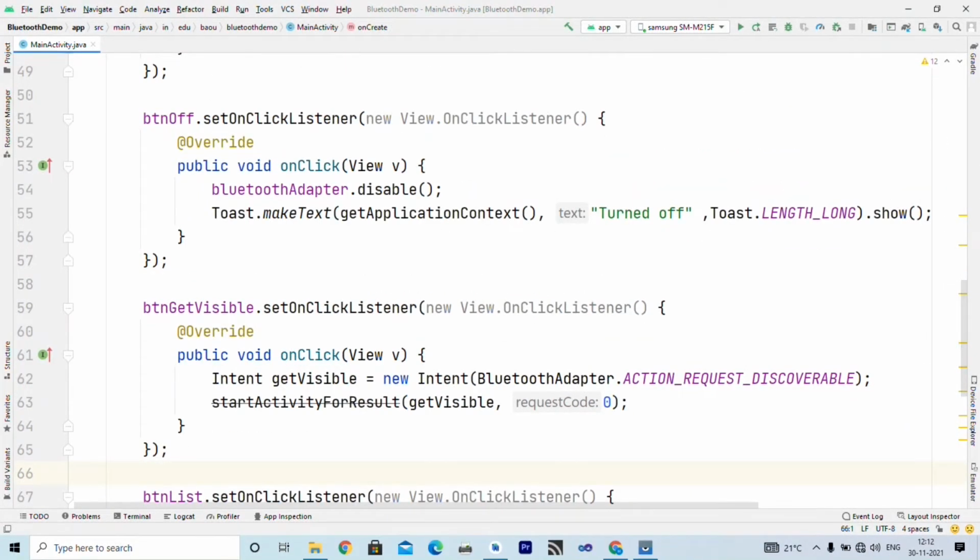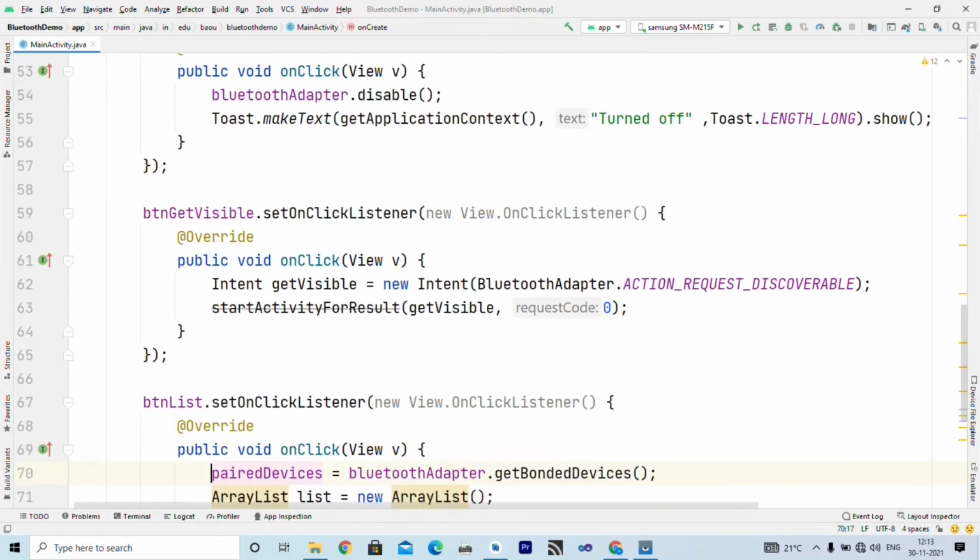The third button, inside onClick we write one intent object, getVisible, and we create an instance of Intent with action BluetoothAdapter.ACTION_REQUEST_DISCOVERABLE. Then we call startActivityForResult and pass this intent to that method. So when I write startActivityForResult and provide this intent as an argument,